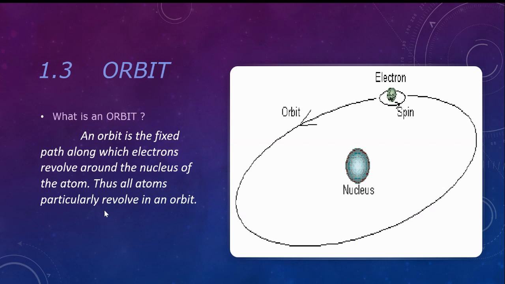And finally, we have seen the definition of the orbit. As per Niels Bohr, orbits are the shells or the energy levels or the concentric rings or the paths for the electron to revolve. Orbits are represented as K, L, M, N or 1, 2, 3, 4. And as we move away from the nucleus, the size and the energy of each orbit go on increasing. So with this, in the next video, we will continue the topics. Thanks for watching.